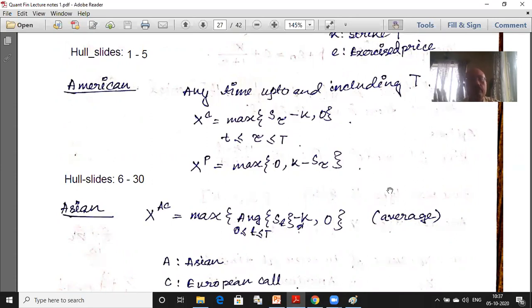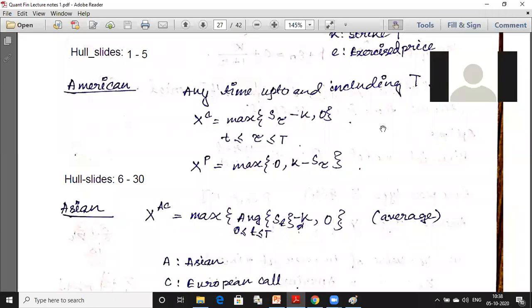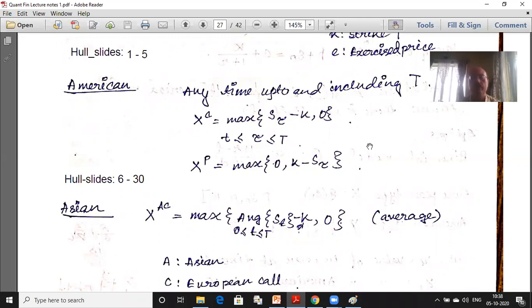So, is there anyone who is not clear about the option contract? Is the option contract clear? Can one of you respond? Yes, sir. Yeah. So I am audible. So is the option contract clear? If there is anyone who is not clear about the option contract, please ask. We are going to build on that. All right. So I guess it's all okay.